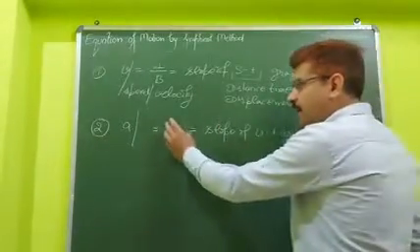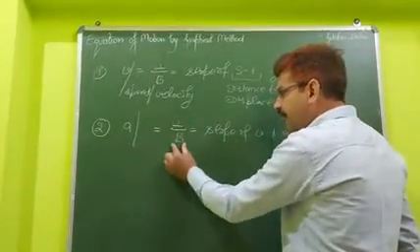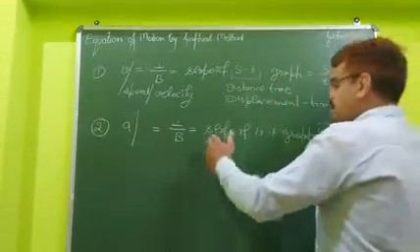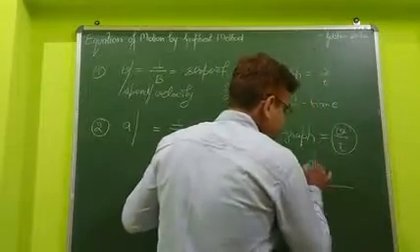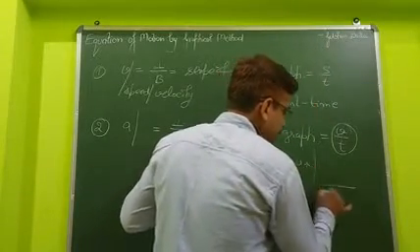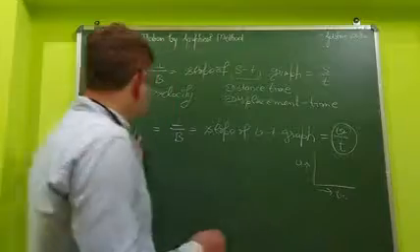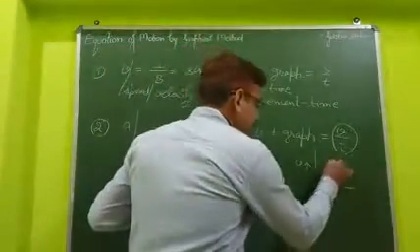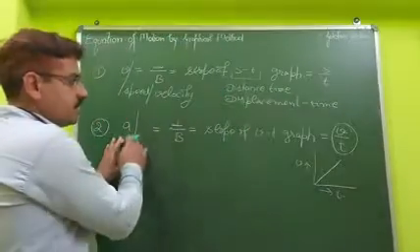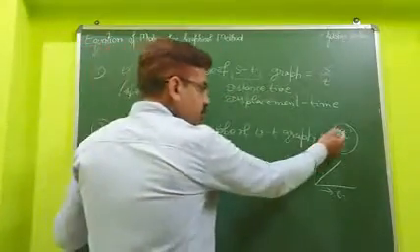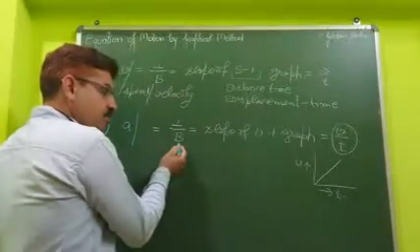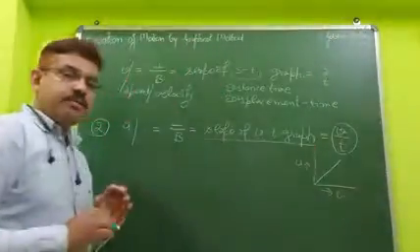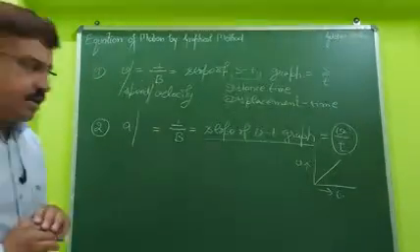So from the graph, when we divide perpendicular, velocity, what do we get? Only velocity and time, because along this direction we are taking velocity and along this direction we are taking time. So simply, when we divide velocity by time, what we get is equal to acceleration. So instead of writing v over t, we can also write it as perpendicular over base, and as a shortcut, the slope of the v-t graph.